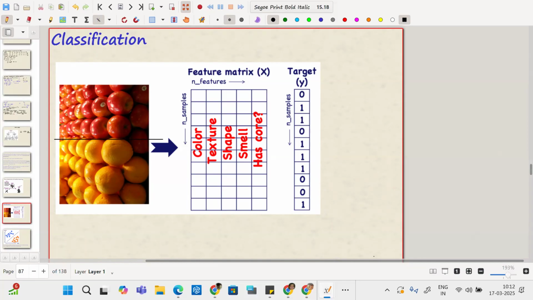It is a bit polished. When you touch the apple, it is very polished. But when you touch the orange, it has ridges. And that is, you can say, texture. Color, you can say it is orange and it is red. Fine, so by color you can separate them. Through shape, maybe apples are like,